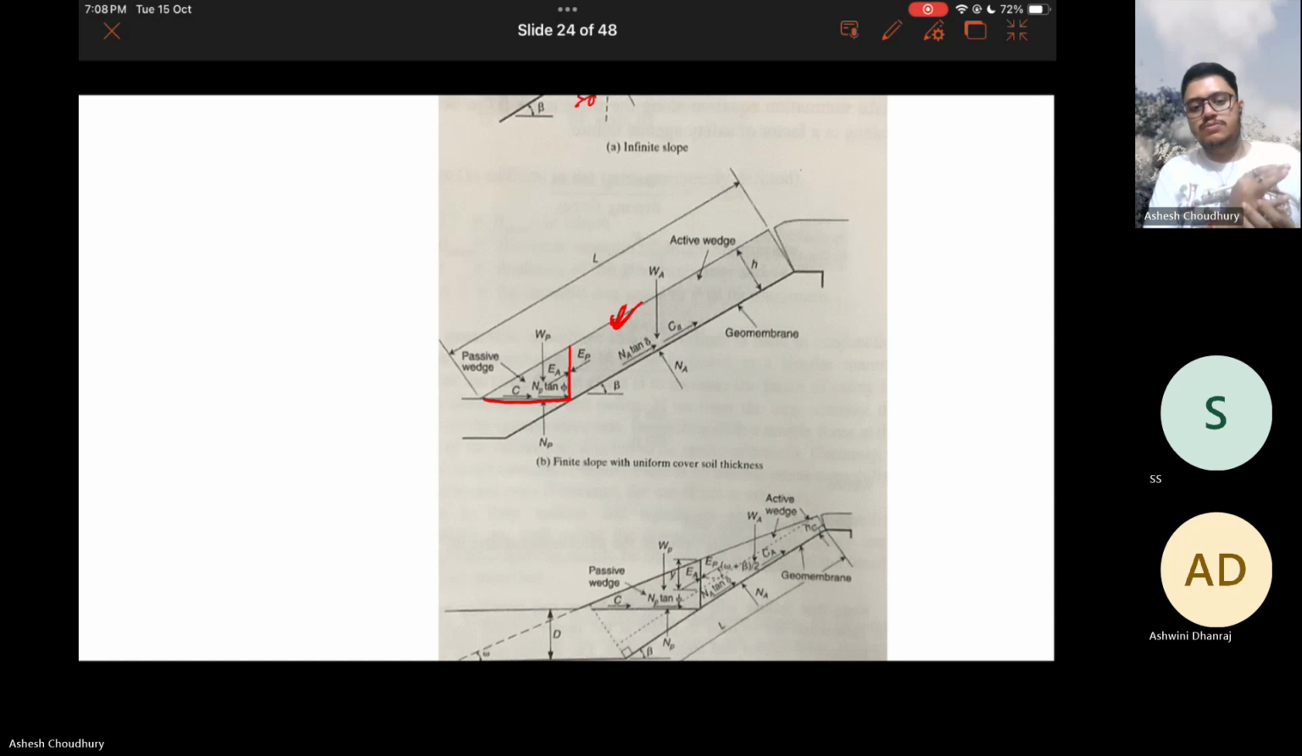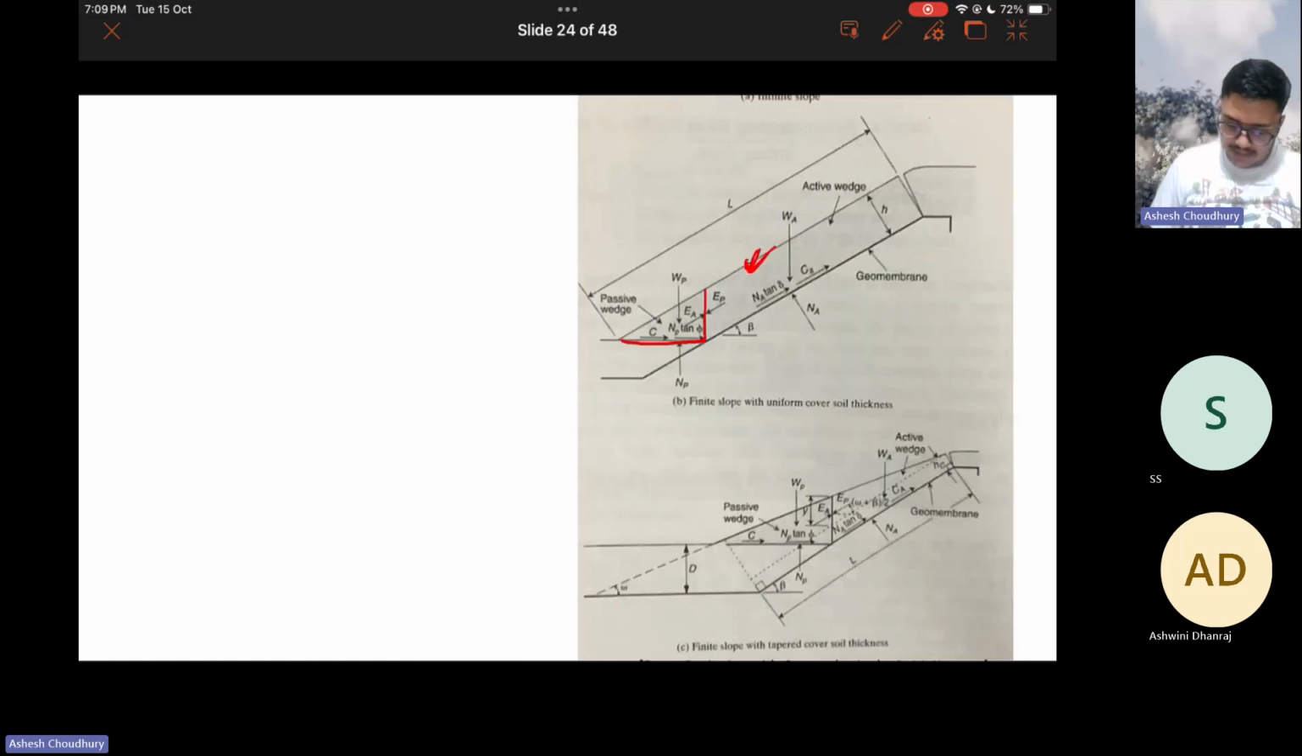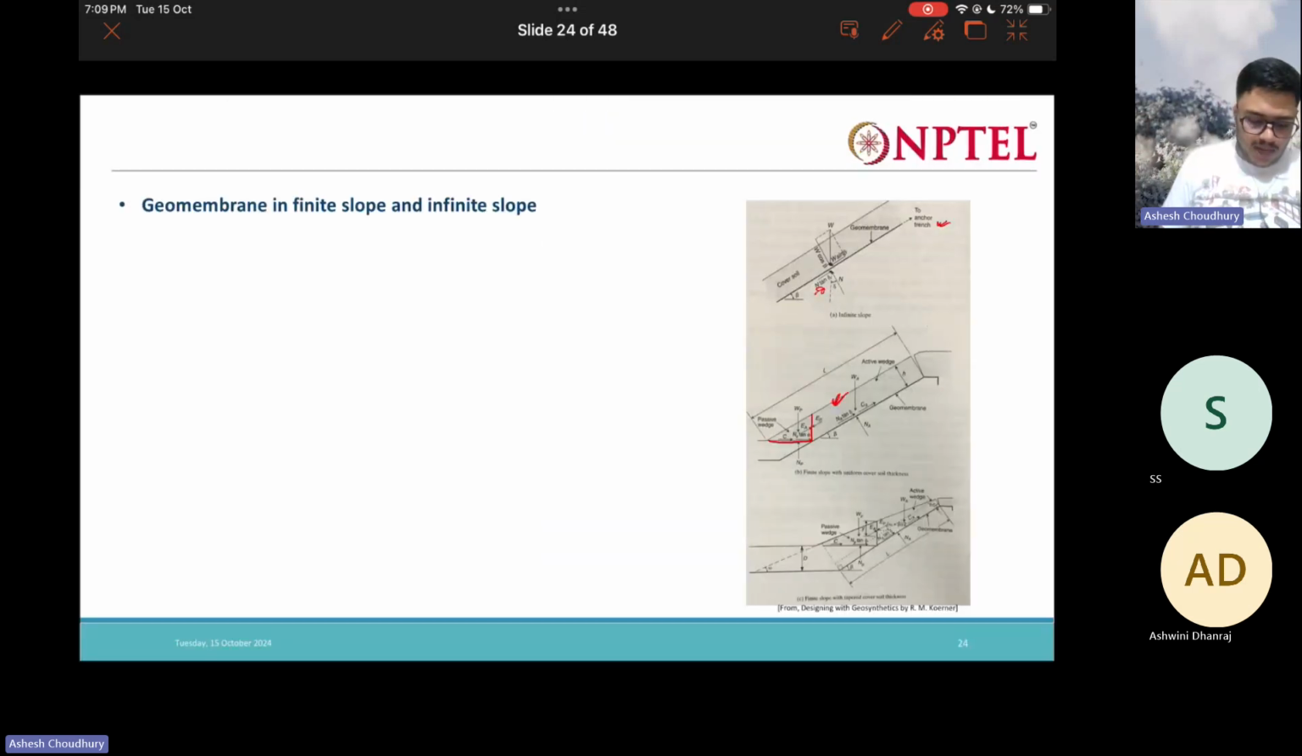Here the passive resistance develops, right? So for these two wedges, the mechanics is solved, and we finally find out the factor of safety. So let us see. Directly I will give you how we can actually do that. For infinite slope, it is very easy, right? For infinite slope, you already know